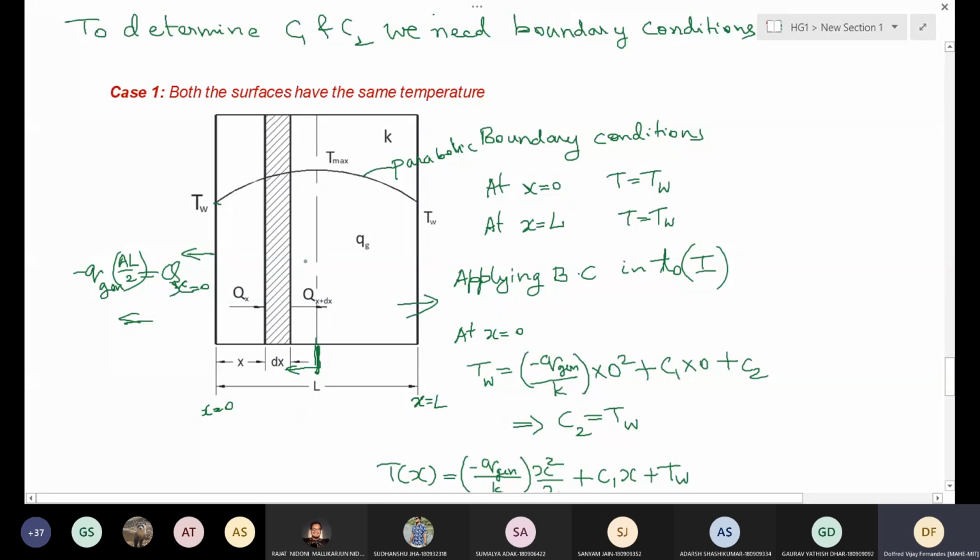Interesting, okay, in this case. And what is the rate of heat transfer exactly at the center here? What is the Q value? 0, exactly. So there is no heat transfer in the left or right direction. Only at x equal to L by 2, Q equal to 0, because dT/dx equal to 0 here. So Q equal to 0 at the center of the wall.